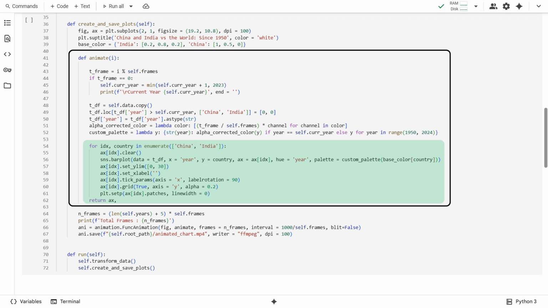To have different colors for each bar, we need to specify the hue parameter. We also pass the appropriate axis for the ax parameter, so that the bars go into the correct subplot. This returned axis object is picked up after every iteration and compiled by the FuncAnimation routine into a video. This can be saved to disk as a video file.